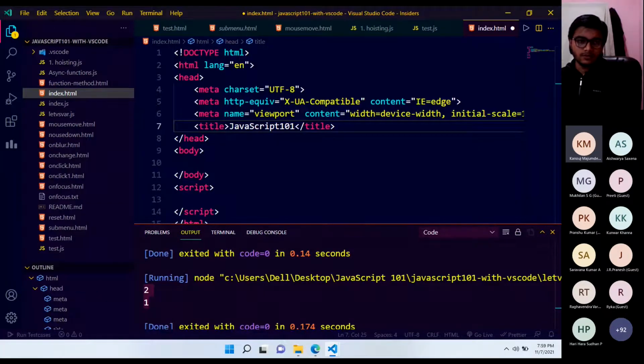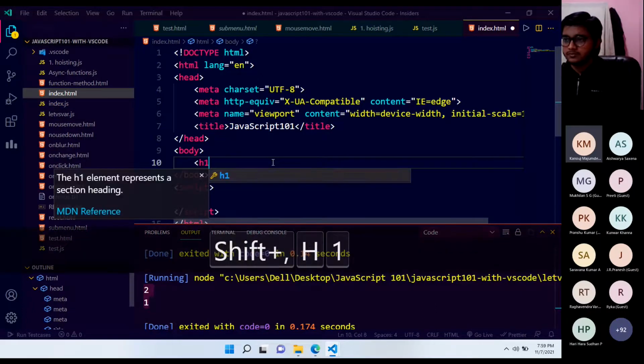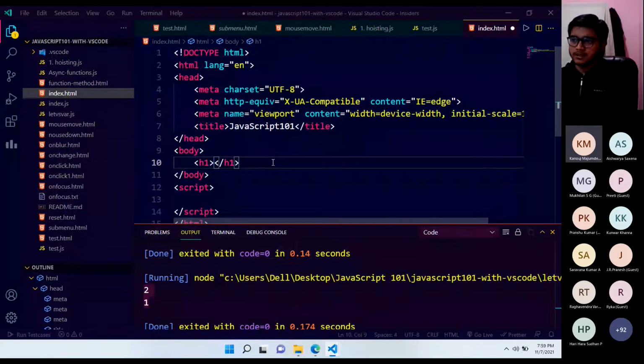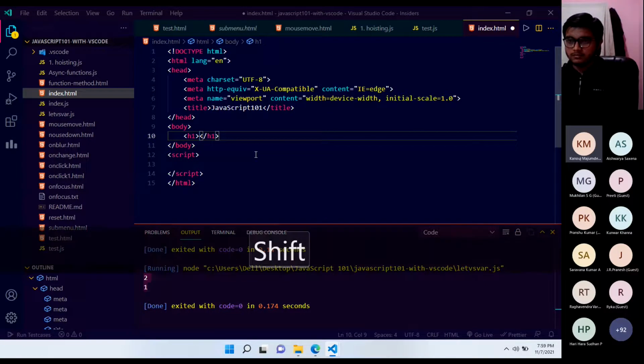So let us start with what we can understand with the basic thing. Since I wrote the body, let me give one example of the title h1. If you guys cannot follow this specifically, this is just HTML code, and now we'll be slowly moving on to how we can use JavaScript along with it. Okay. So h1